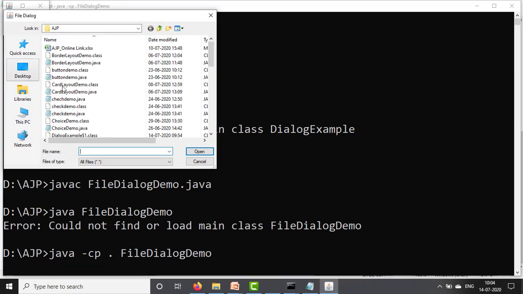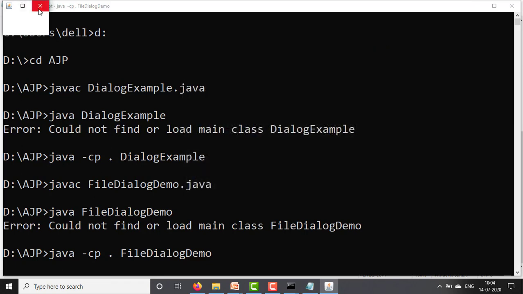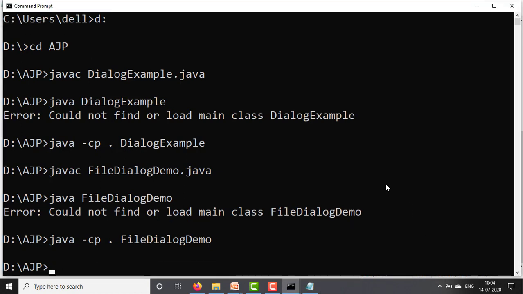See here, the file dialog window is opened. This is the file dialog example, how you can generate a file dialog. For the close button we have not written any code, so you can't close this window directly. You can click on the command prompt and press Ctrl C, and that window will be closed.